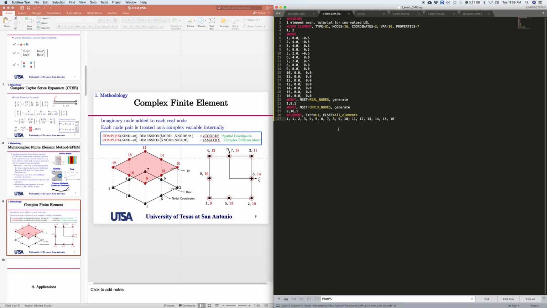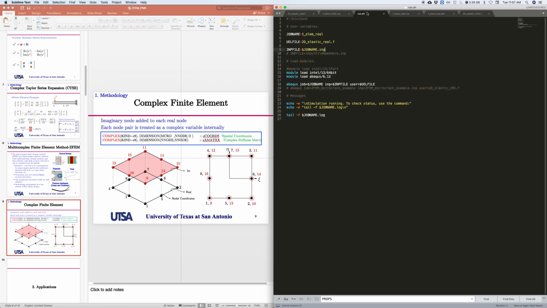16. Okay. It is very important that after here, that is where you start the complex coordinates. If you look at this image, you can see that the node number 1 and number 9 are connected. So here, the first node of the real has to be connected with the first node of the complex plane. Okay. So we just define our elements, and then we are still gonna define the